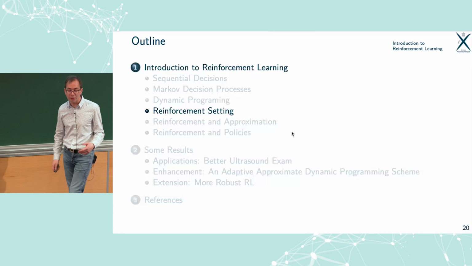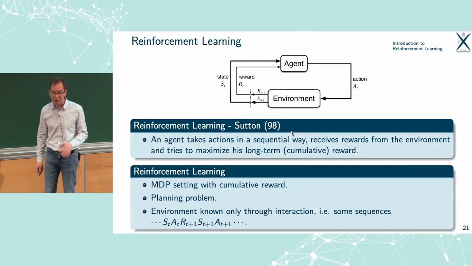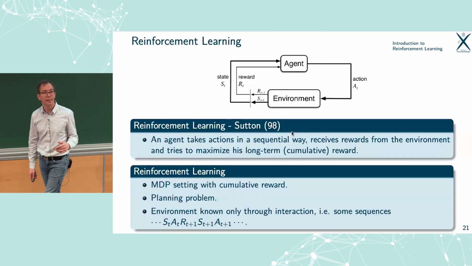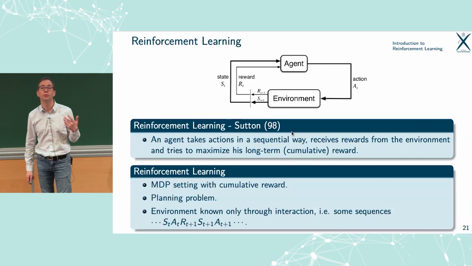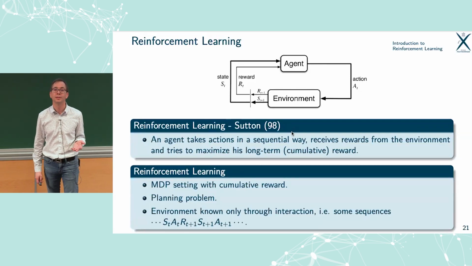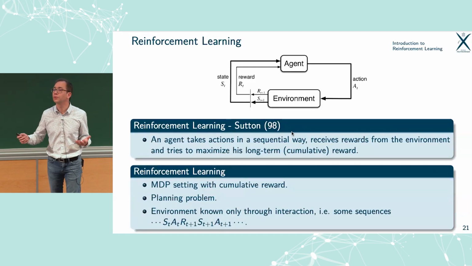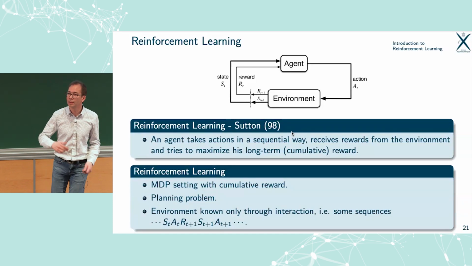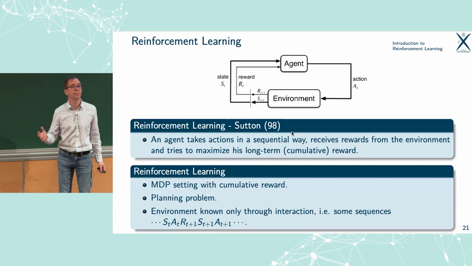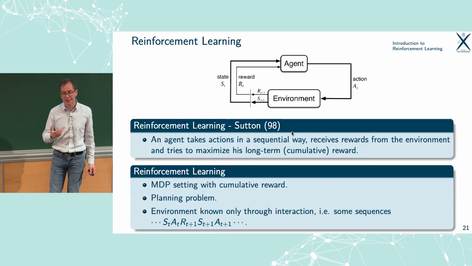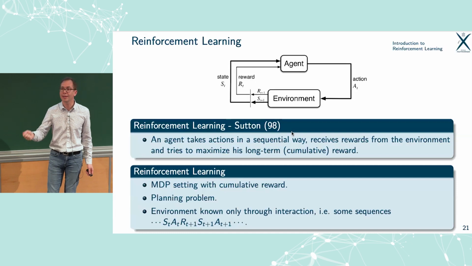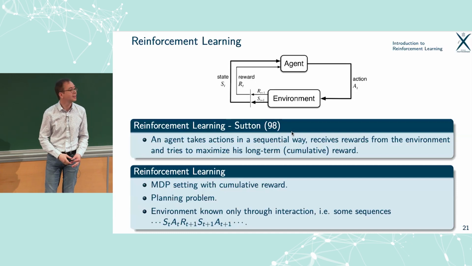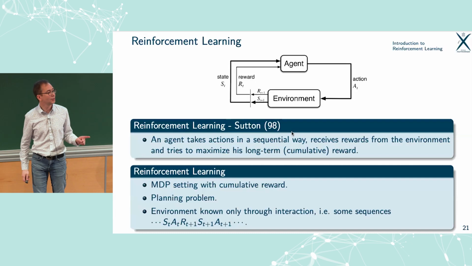So we need to move to the reinforcement learning setting. And that's basically exactly the same thing, except that you don't make the assumption that you know the transition probability. You only observe the result of your action. So it's slightly different, for instance, from classical data collection. Here you have the right to act, much closer to the bandit setting that we're going to see this afternoon, if I'm correct.